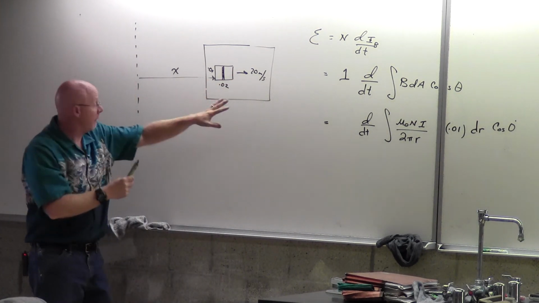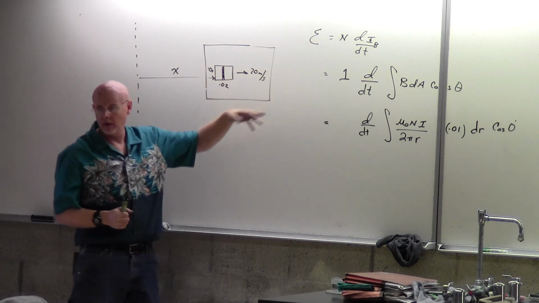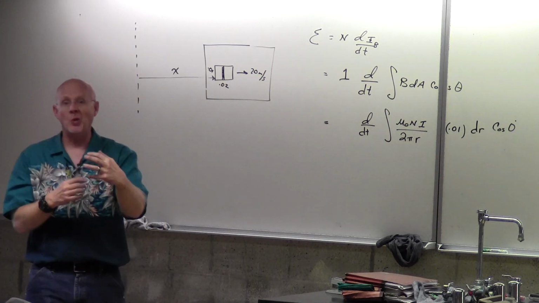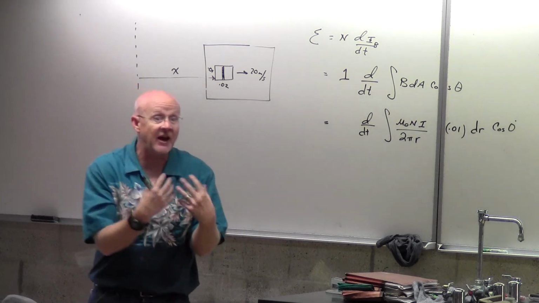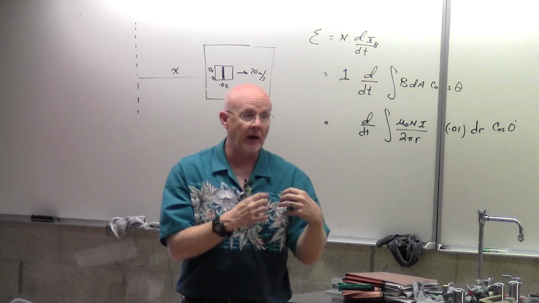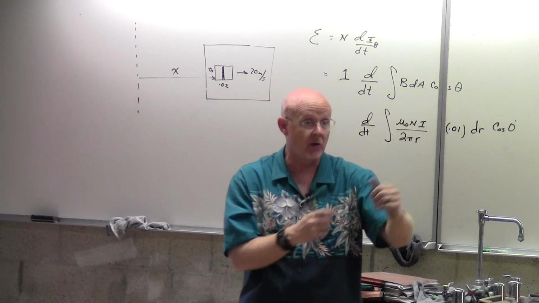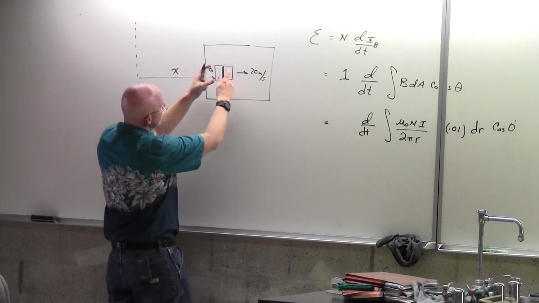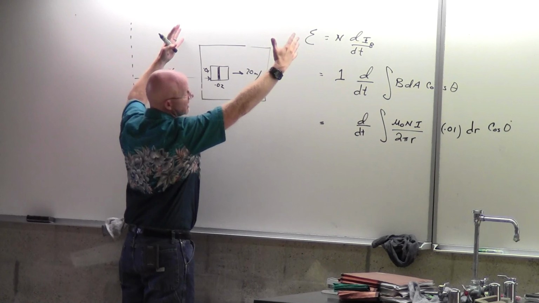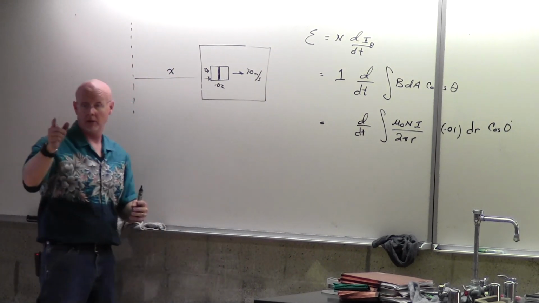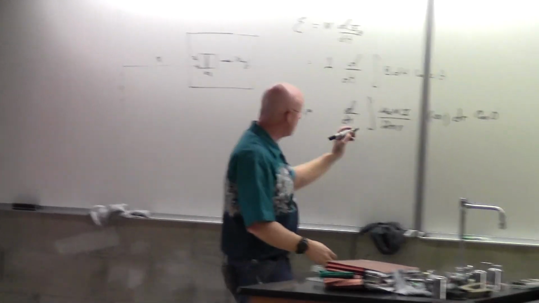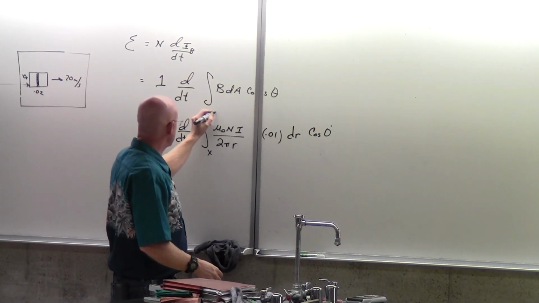So I don't want the whole flux in the toroid. That's what we wanted last time when we were trying to find the self inductance. We wanted to know how much flux was in itself. But now I want to know how much flux is inside this secondary coil. So I want to make sure I'm adding up just what's inside of this rectangular one, not what's inside the whole toroid. So would the bounds be like from x to x plus 0.02? Yeah, so I would just put x to x